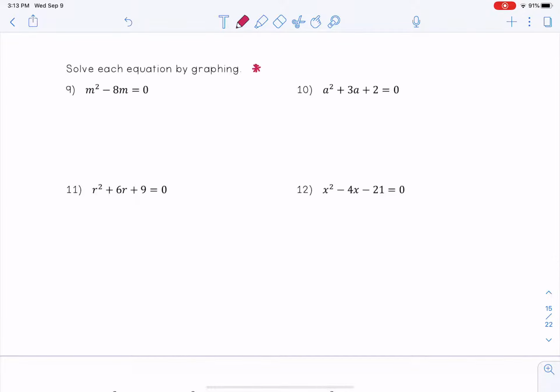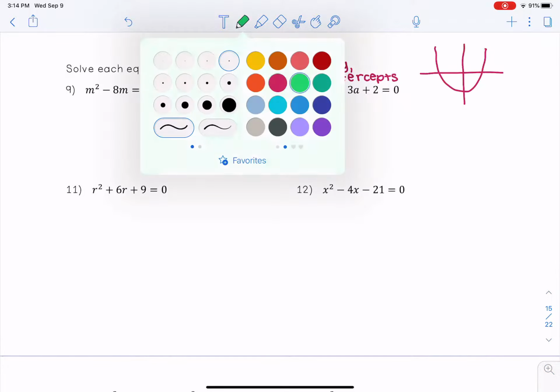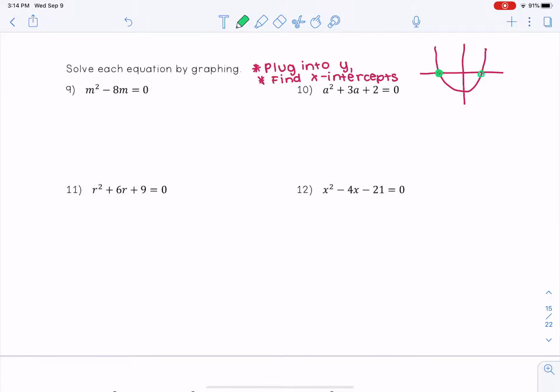So the way we're going to use our graphing calculator is you're going to plug in for y1 and graph, and then you're going to find the x-intercepts. So anytime we have a graph and it might go through once or twice or no times at all, these two x-intercepts are going to be our solutions. So if you plug in m squared minus 8m equals 0 into your calculator, you're going to have